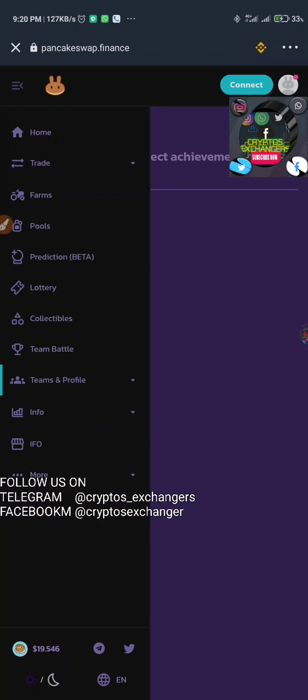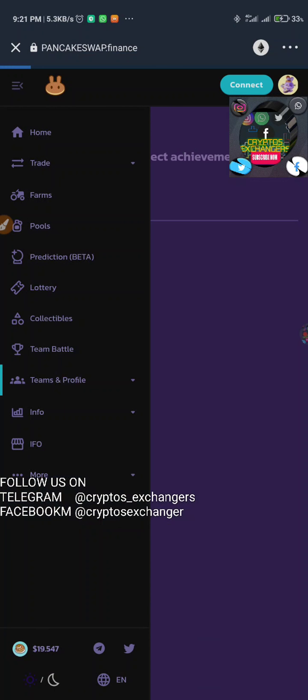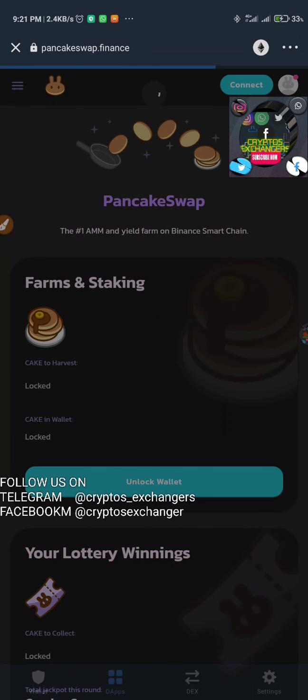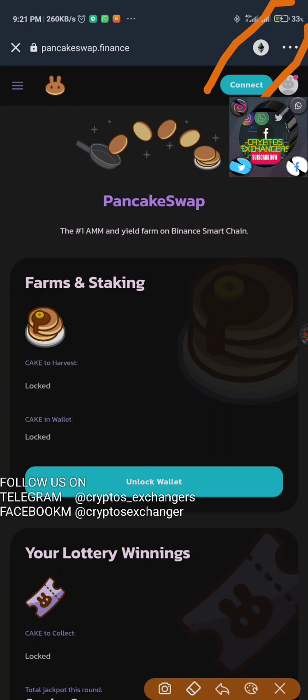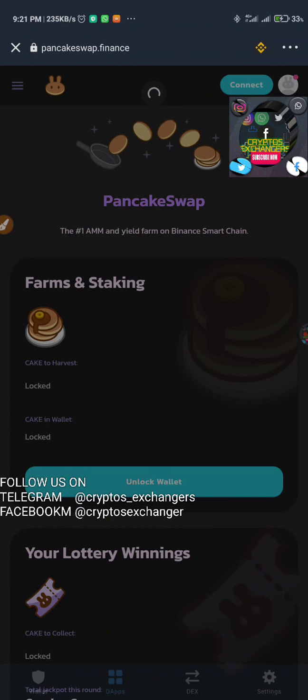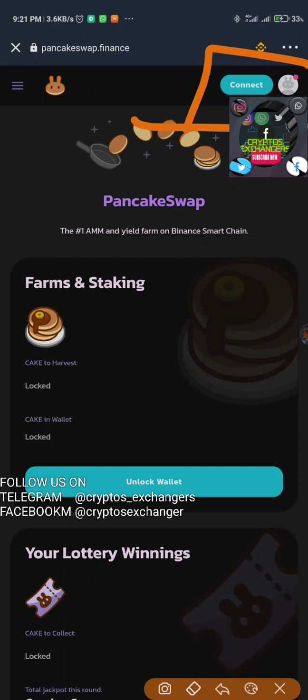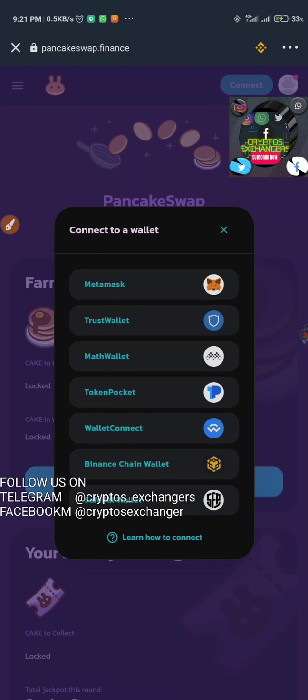So let's just go back again. We're going to paste it again: pancakeswap dot finance. Just click on it again. Remember, you're going to change this top icon, the Ethereum icon, to Smart Chain. Once you do that, if you're coming for the first time, it's going to show you connect. But if you have been using Pancakeswap, it will look exactly like the previous session I did before I logged out. So all you need to do now is click on connect,